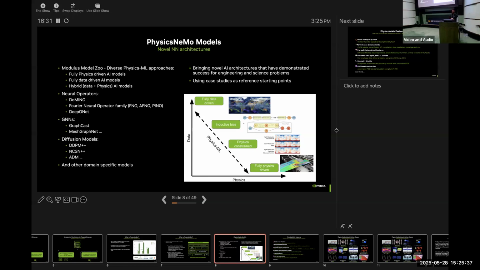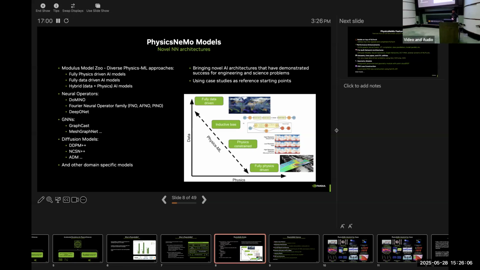When I say physics, these models typically don't need any training data to train them. By that, I mean you don't need any training data coming from, let's say, other simulations or other experimental data. These models can solve your fundamental partial differential equations through some optimization techniques. So that's the axis on the physics side.